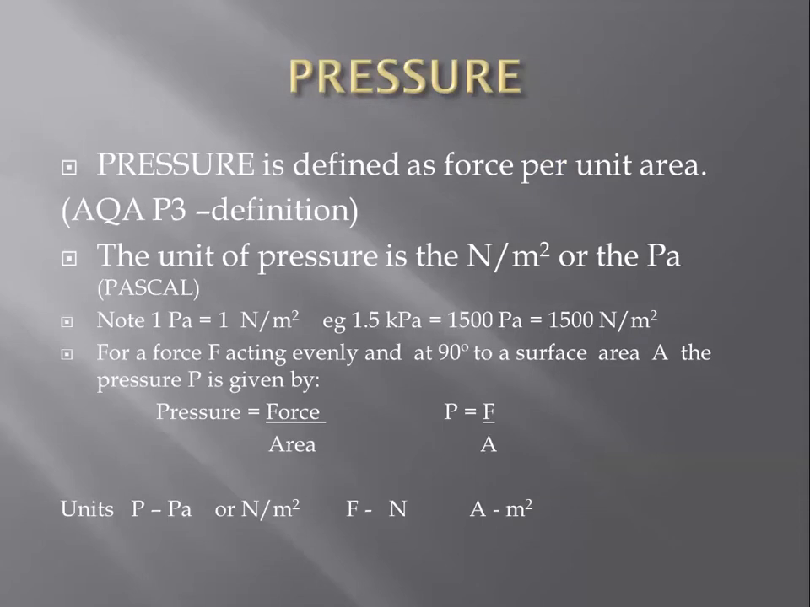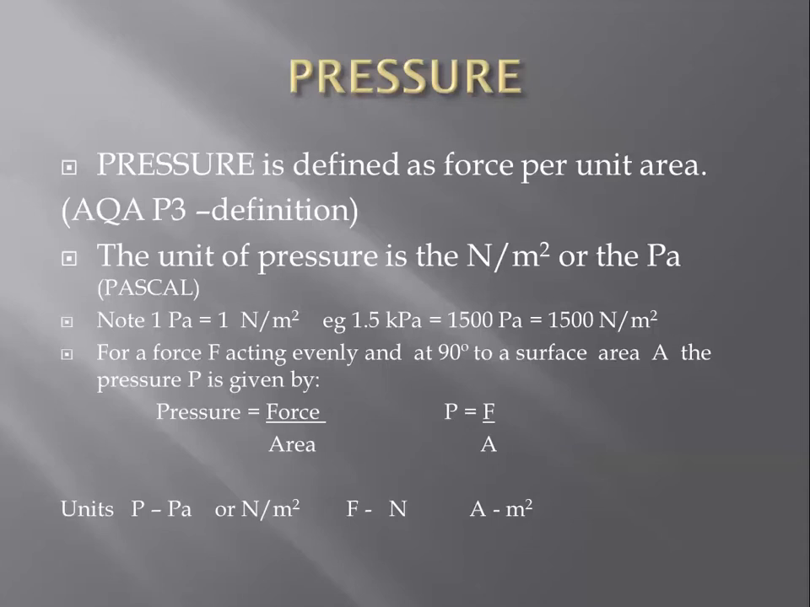Pressure is defined as force per unit area. This is a definition that is worth learning. The unit of pressure is the newton per metre squared, or because it's quite commonly used, we sometimes shorten that to Pa, pascal. And 1 pascal is the same as 1 newton per metre squared. So as an example, 1.5 kPa, changing k into kilo, is 1,500 pascals, and that's the same as 1,500 newtons per